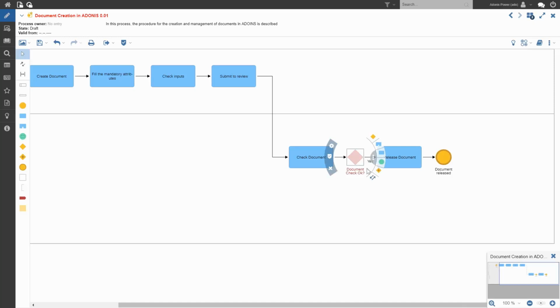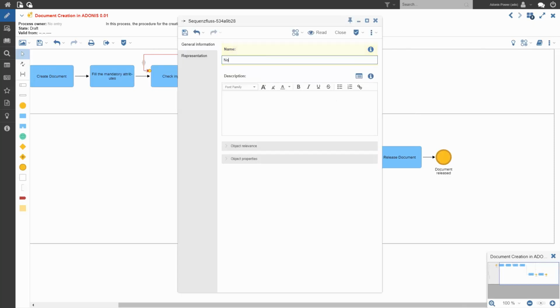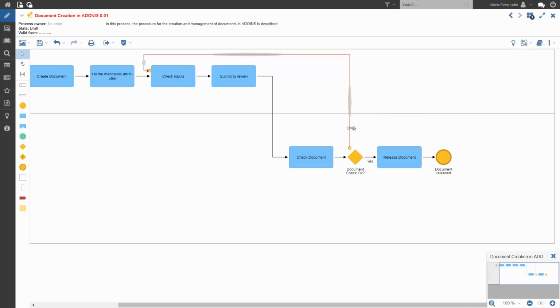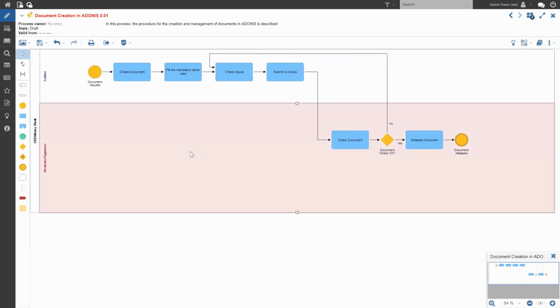So we can just finish our relation back up here to our author again, so we can say you must recheck your document here. Okay, and likewise, just to complete the process description, we can just add this as a no and place it beside our decision point here. Okay, so yeah, really quite quickly with the SmartHover, and we can have our process completed.